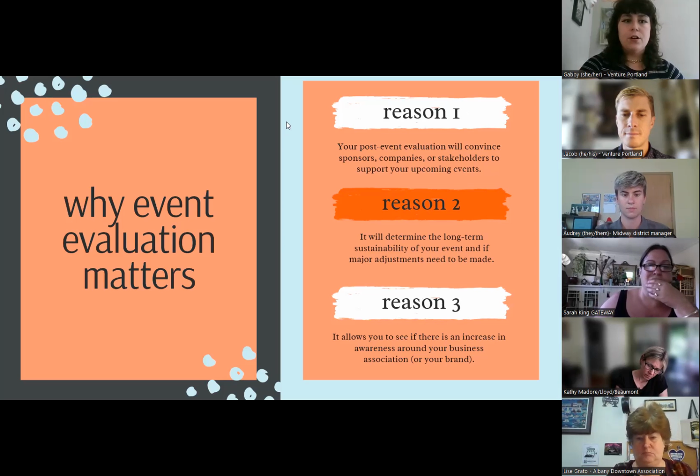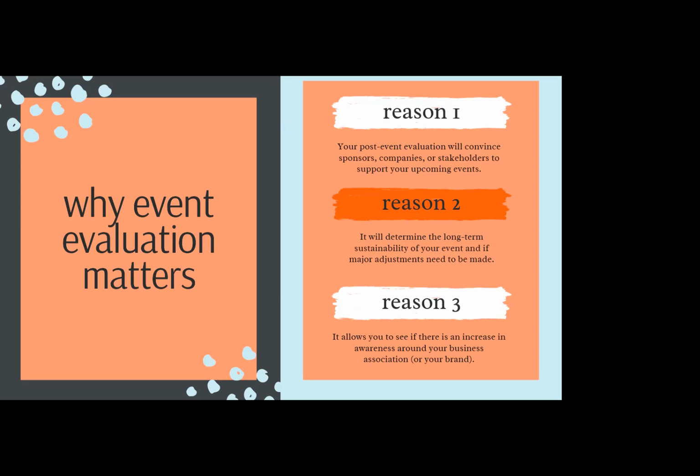So, oh, yes. We just got 2 great suggestions. Sarah says an event evaluation can determine whether or not you can have reoccurring events. Is this kind of a rinse and repeat style event where we can make it a monthly thing? And then also we had a great suggestion about grants. So if you are somebody who applies for grants, because we have an amazing grant program here at Venture Portland, using previous events to then showcase what you're capable of might mean more money in the future. So great additions.